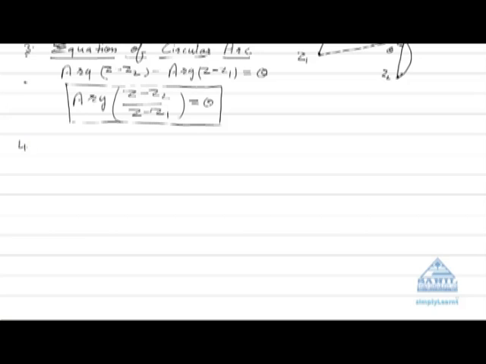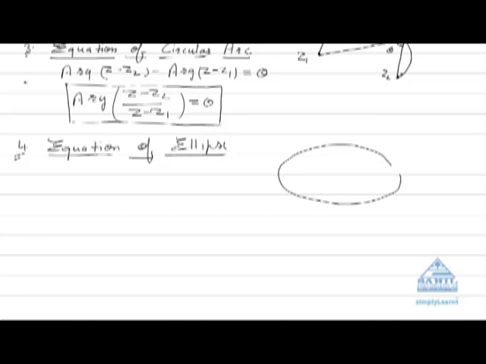Next format is equation of ellipse. Equation of ellipse. How to find out that? Now what is the basic definition of the ellipse? You just understand that. We know that if there is an ellipse, then it is the locus of a point such that the sum of distances from two fixed points, these two fixed points are the foci,